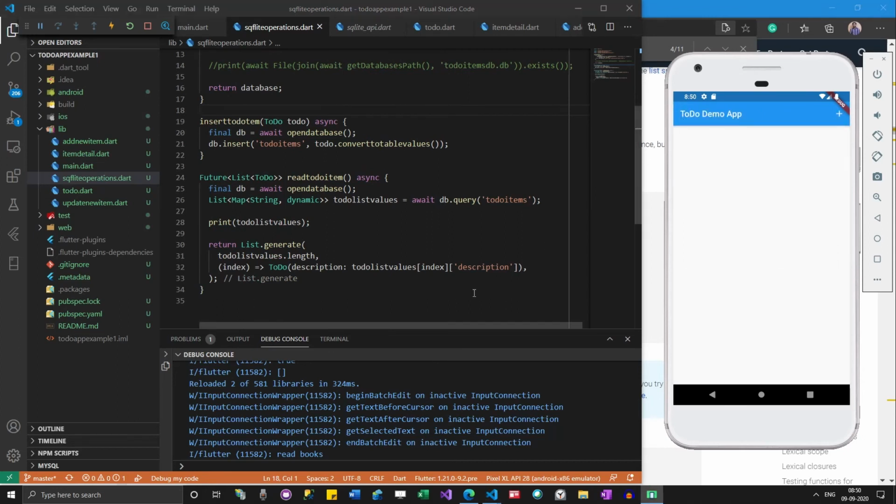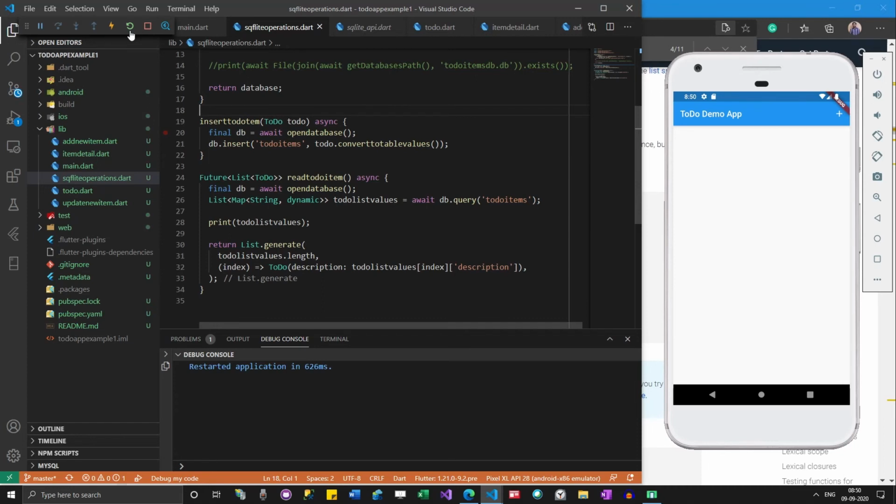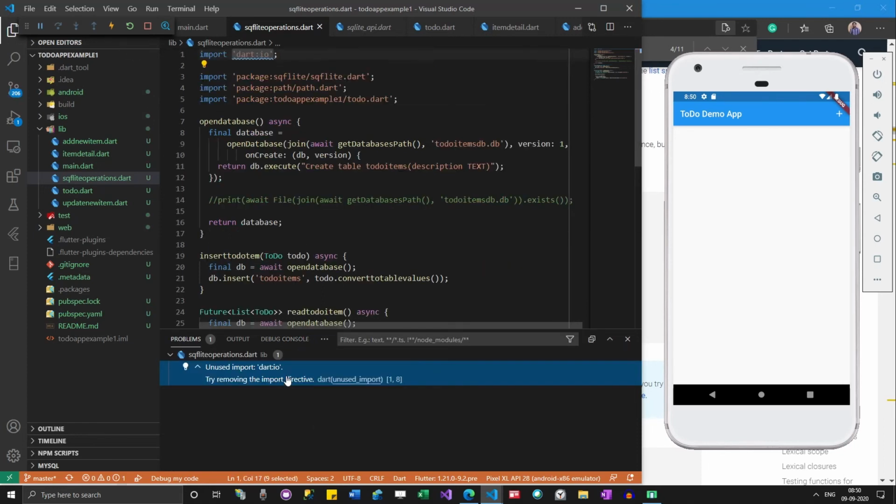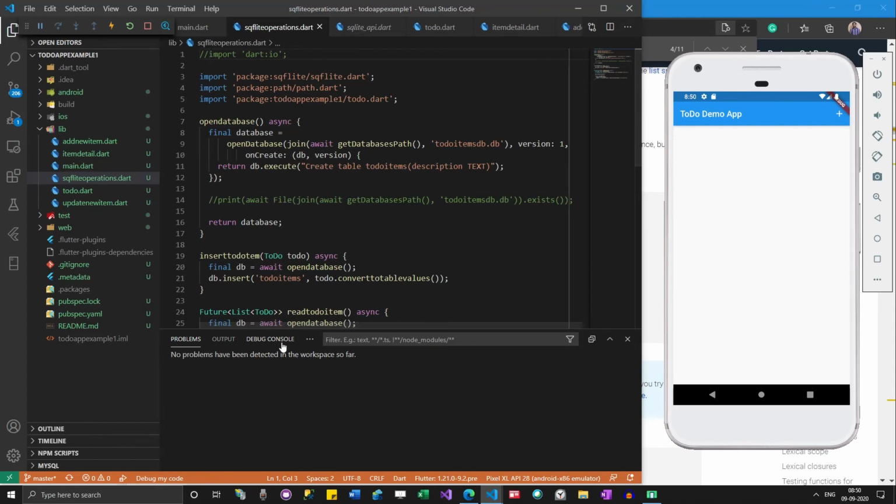Once I go back and reload it, nothing comes up.